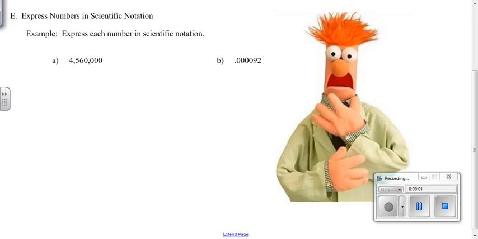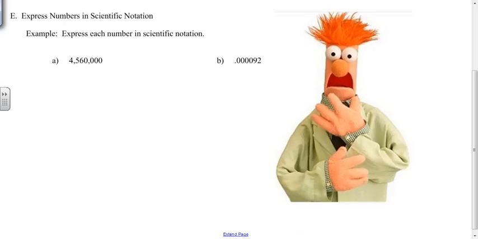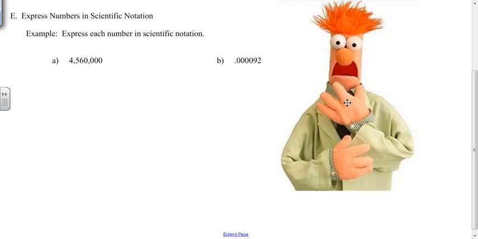Last 5.1 video lesson, we will be talking solely about scientific notation. And scientific notation is used by scientists such as Beaker here, everybody's favorite Muppet and favorite scientist. Scientists, mathematicians, engineers, basically anybody who's ever used numbers can use scientific notation as a way to describe numbers in